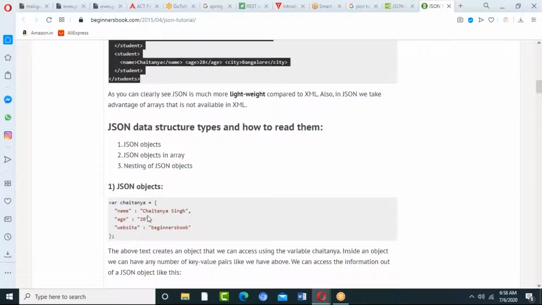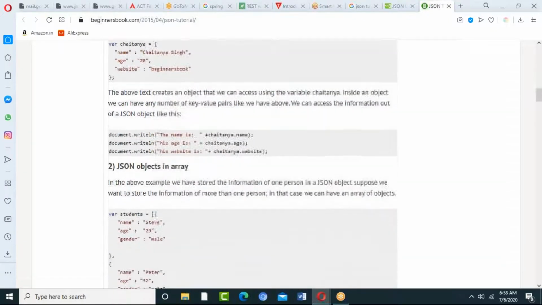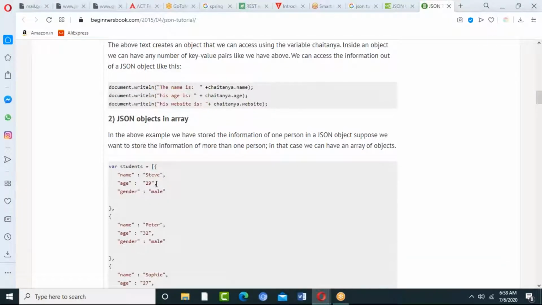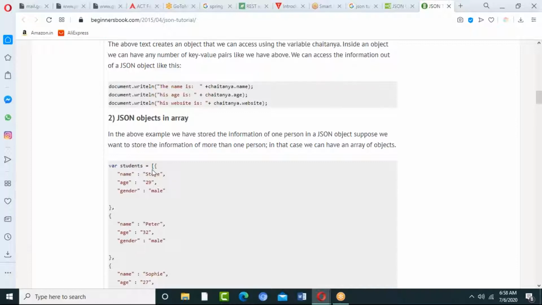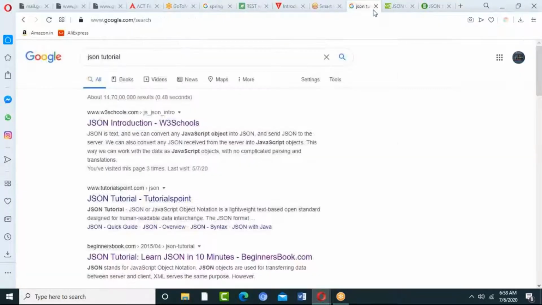This is my JavaScript. Name, age, website, business book, these are all objects, and the JavaScript objects are in an array. We are representing nesting of JSON objects. That's okay, that's a generalized format. Now, coming to the point, we are discussing our